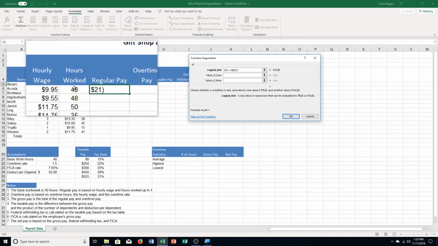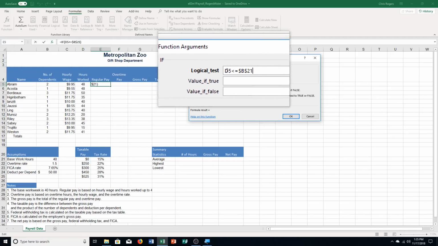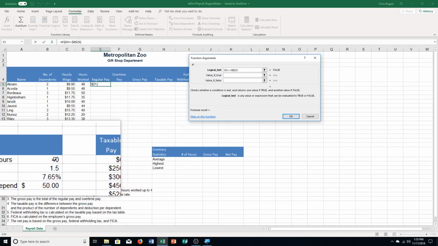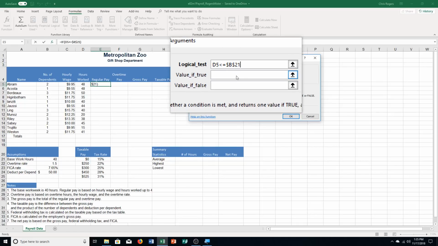So if D5, which is 48, is smaller than or equal to 40, and then we're going to continue here. That's our test here. If it's smaller than or equal to, I guess I said greater than by accident. If this is true, if that is the case, we're going to go and put in here